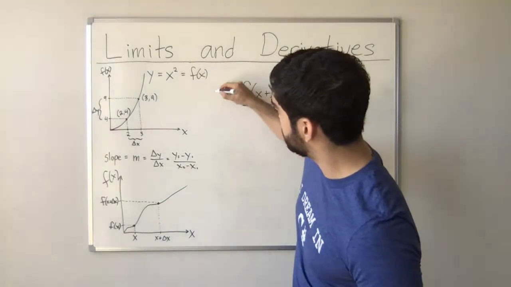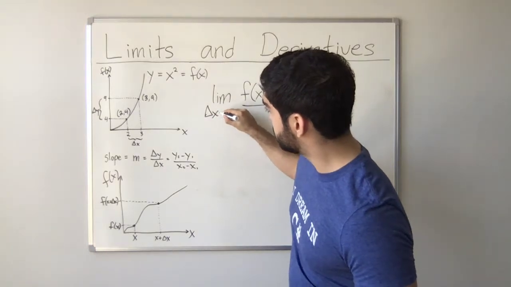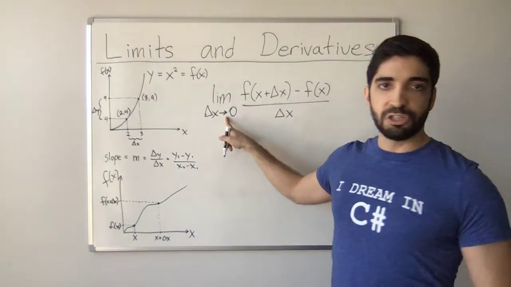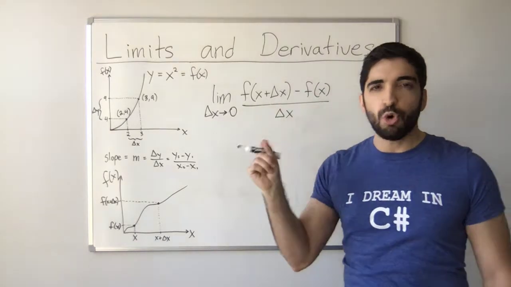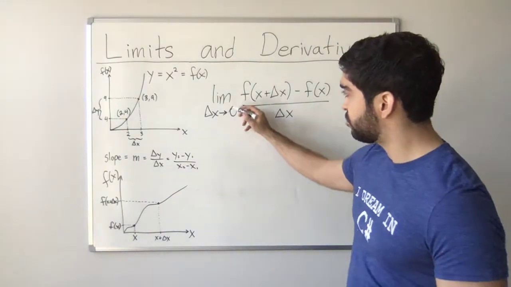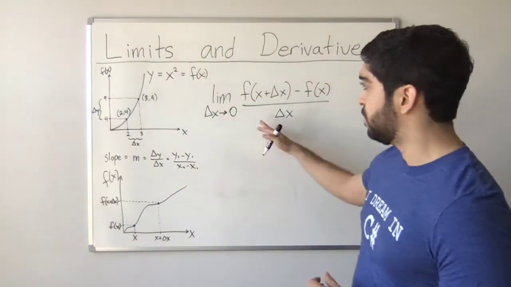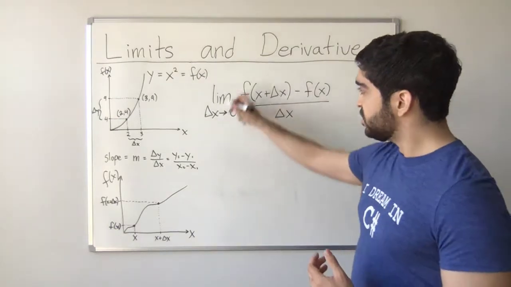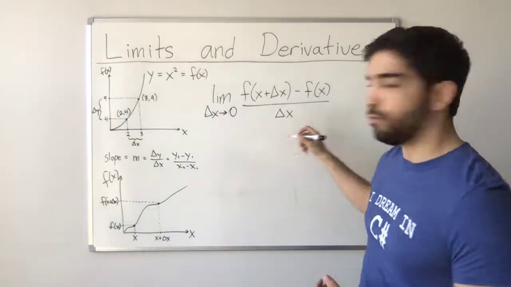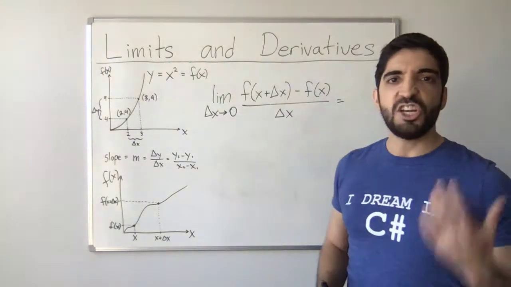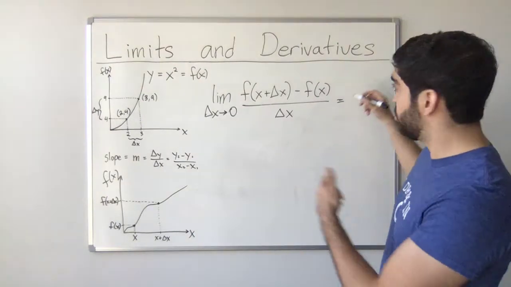So in calculus, we have the limit as delta x goes to zero. So basically, we're letting delta x shrink, get very, very small, so close to zero, arbitrarily small, and then we want to calculate the value of the function. And this limit, as delta x goes to zero of the slope, because we have the general form, creates a new function, and we call this the derivative of the original function,